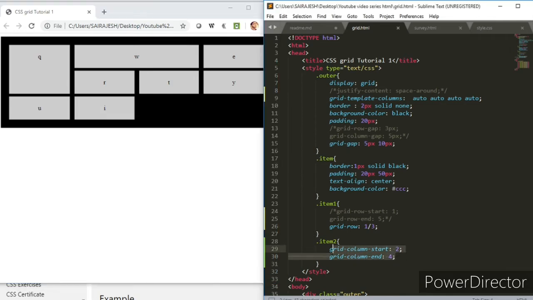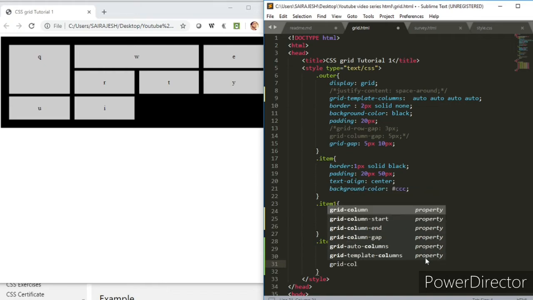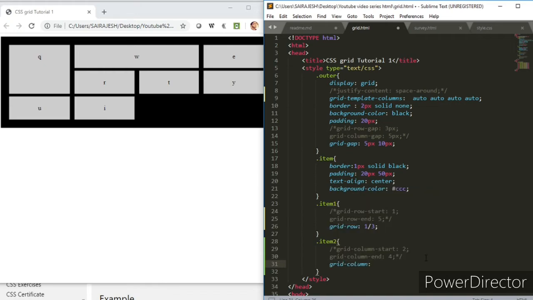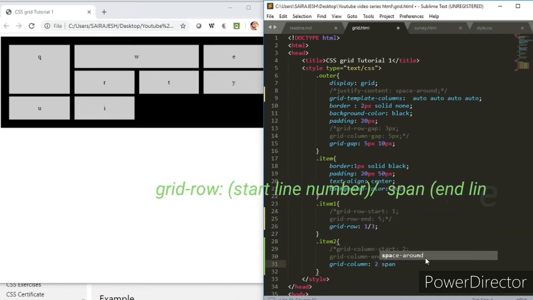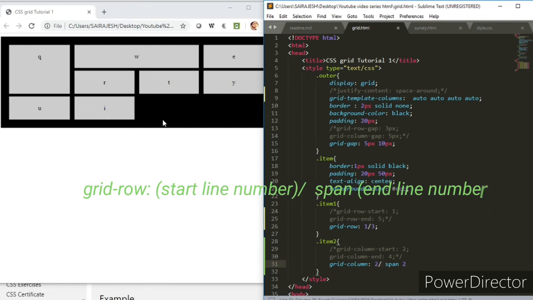Now let us try out one more way that I'll show you with grid-column. So these work for both. All right, so I'll just comment this and then I'll do grid-column. Okay, and here I'll start from 2 and I'll say span 2. So you need to have a division sign, a slash, here also.